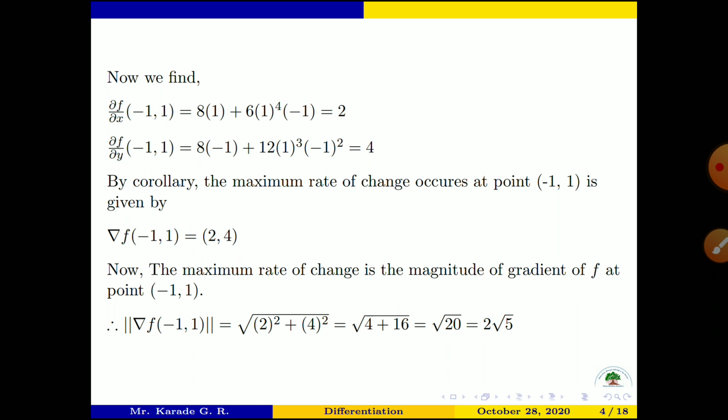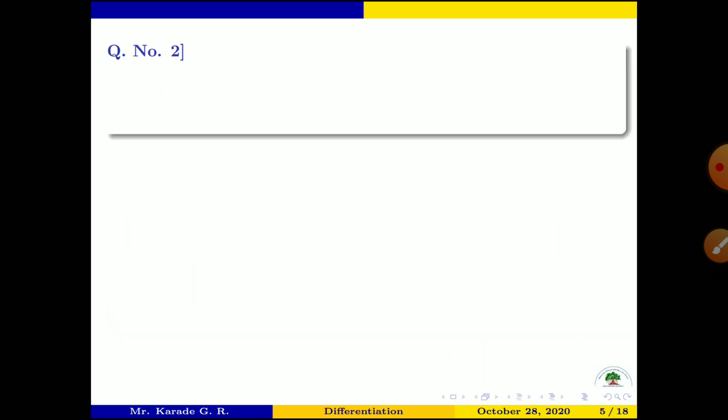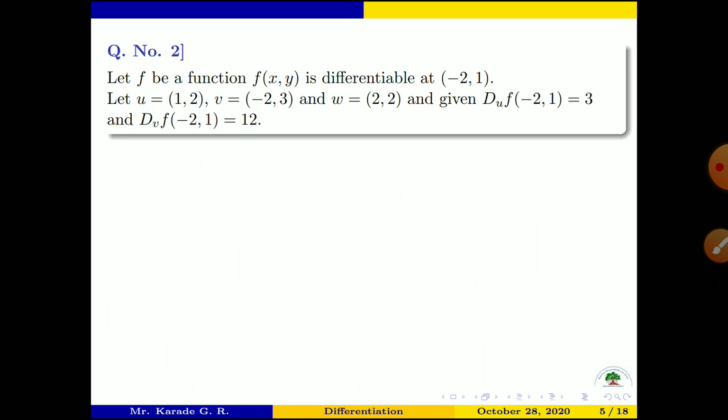Okay, so let us take question number 2 now. Let f be a function f(x, y) and it is differentiable at point (-2, 1). Let u = (1, 2), v = (-2, 3) and w = (2, 2),